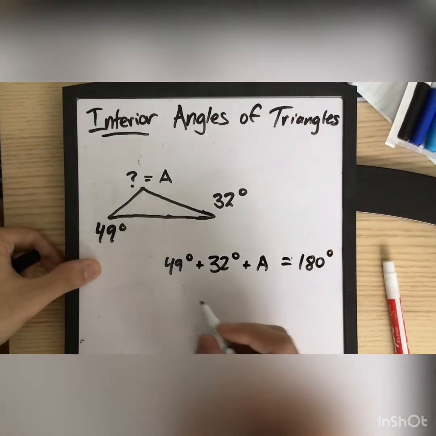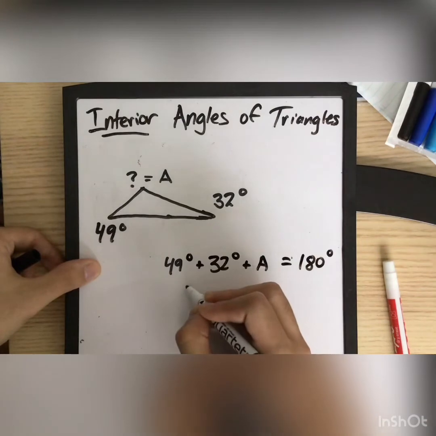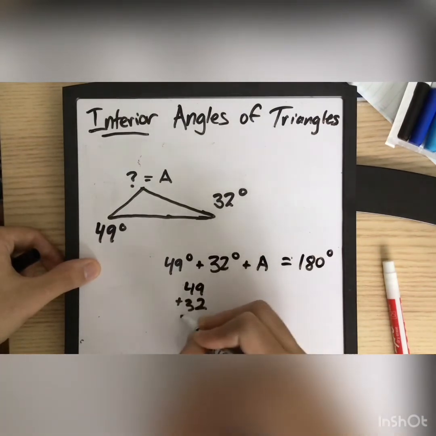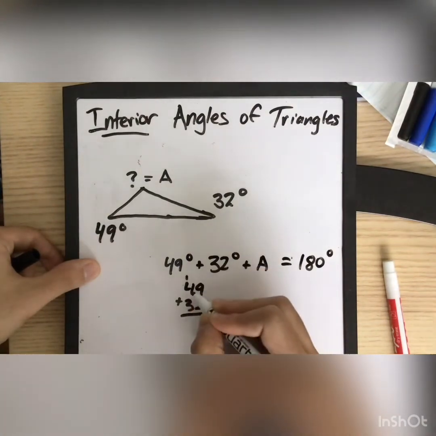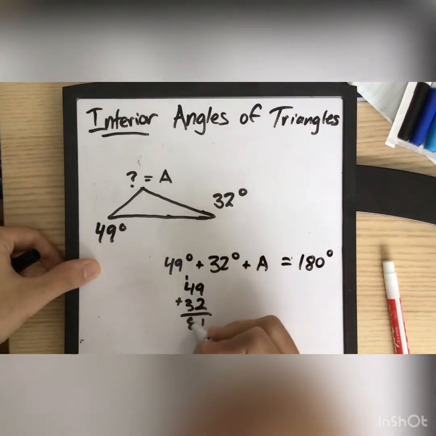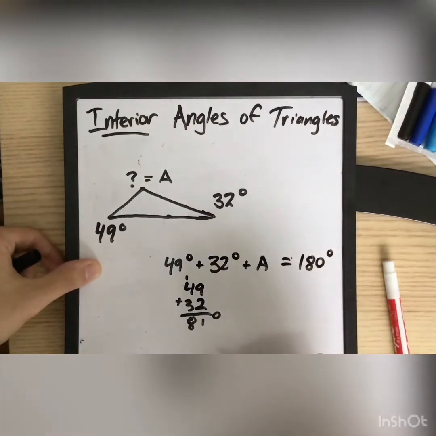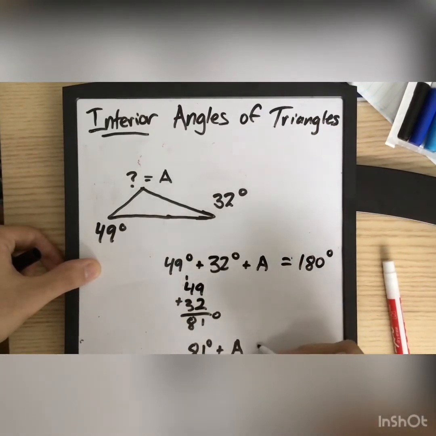I need to add 49 plus 32. Together, they equal 81 degrees. Let's rewrite the statement. 81 degrees plus A equals